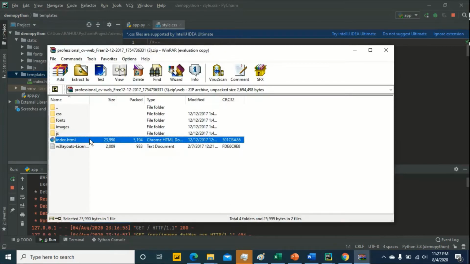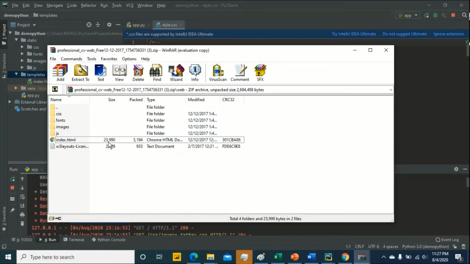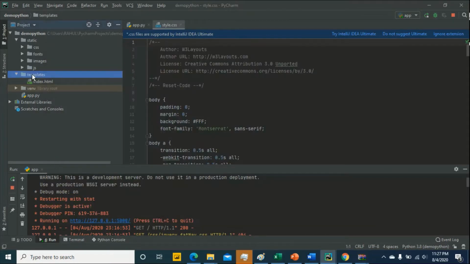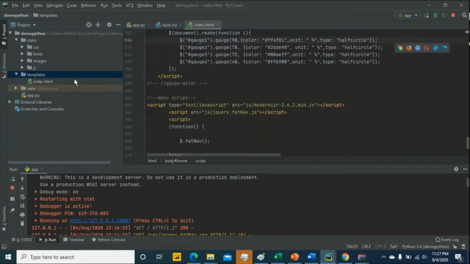Just copy it properly and then paste here. Okay, overwrite.